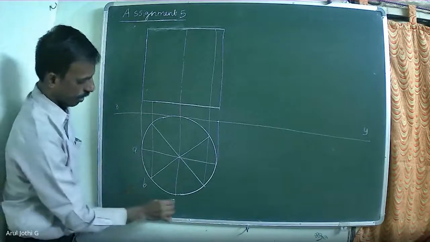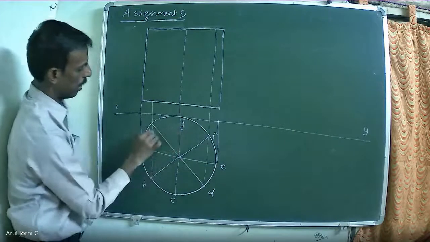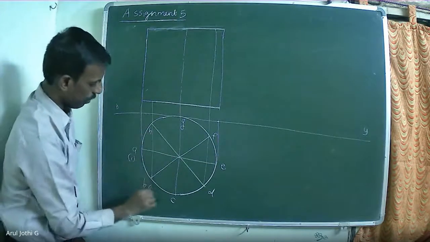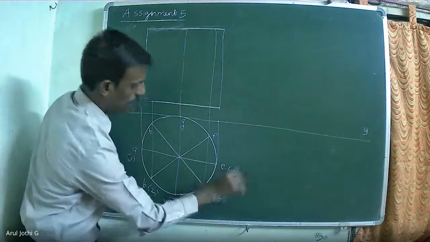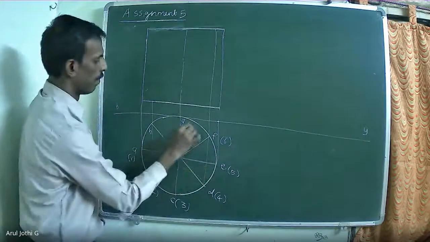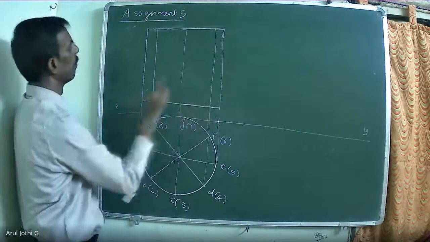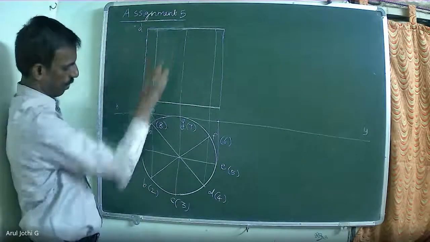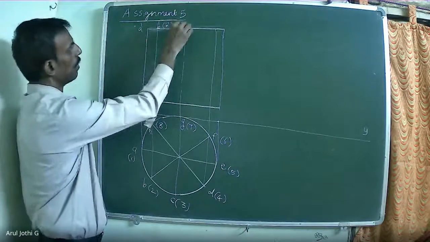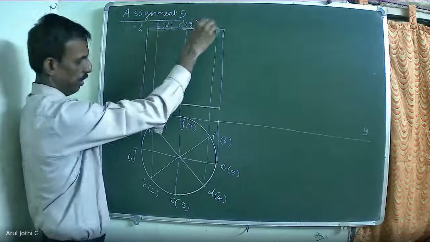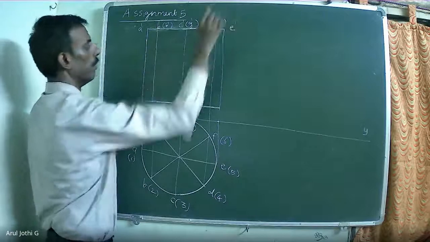For the top points, you can give the letters. For the bottom points, you can give the notation numbers. So B and H: B will be visible, H will not be visible. C will be visible, G will not be visible. Here, E will be visible, F will not be visible. In the same way,